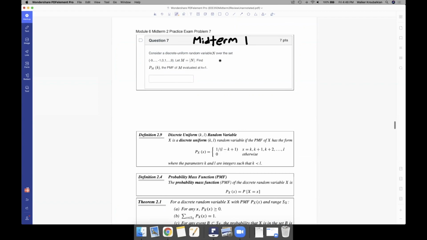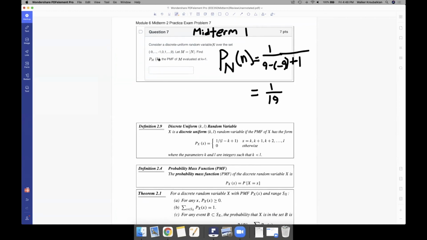So if we wanted to find the PMF of n, this is going to be 1 divided by 9 minus -9 plus 1, which is 1/19, right? So now we want to find the PMF, the probability that PM, right? If we use the definition of the PMF, PM of 1,